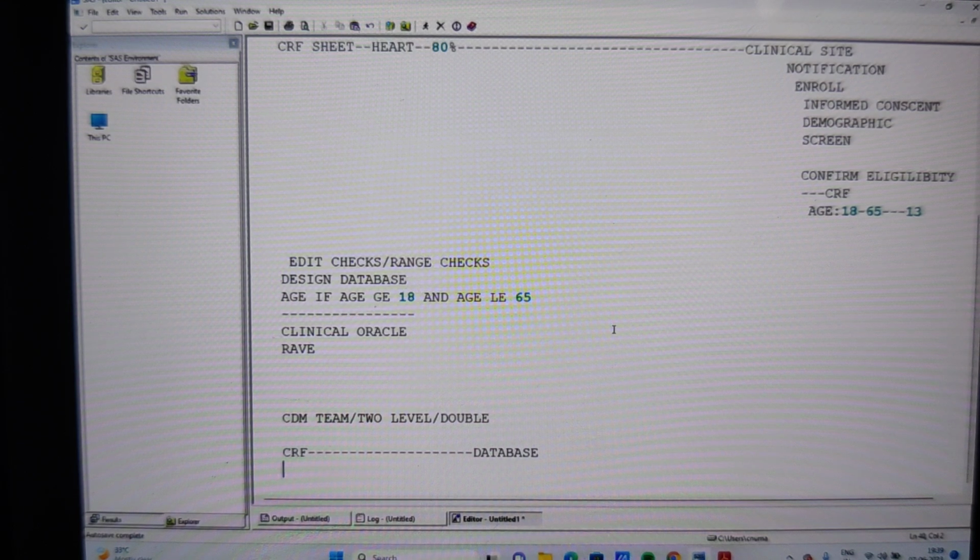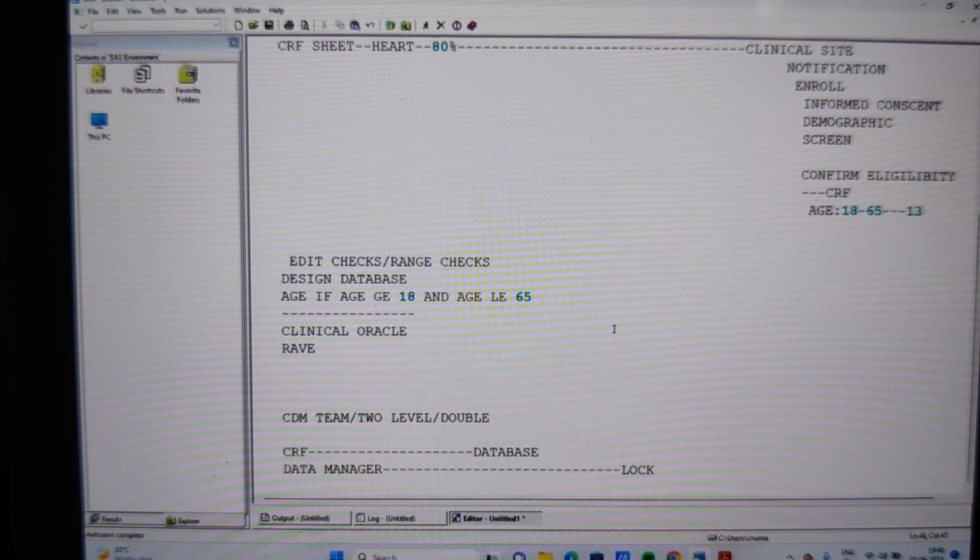Once the study is over, the data manager is going to issue a notification saying that I'm going to close the database on such and such date. If anybody still has any pending work, you can enter the data into the database. So I'm going to lock the database on 10th of June 2023. By the 10th of June, everybody who still has pending work is going to enter the data. Once the data entry is over, on the final day, 10th of June, the data manager is going to lock the database.